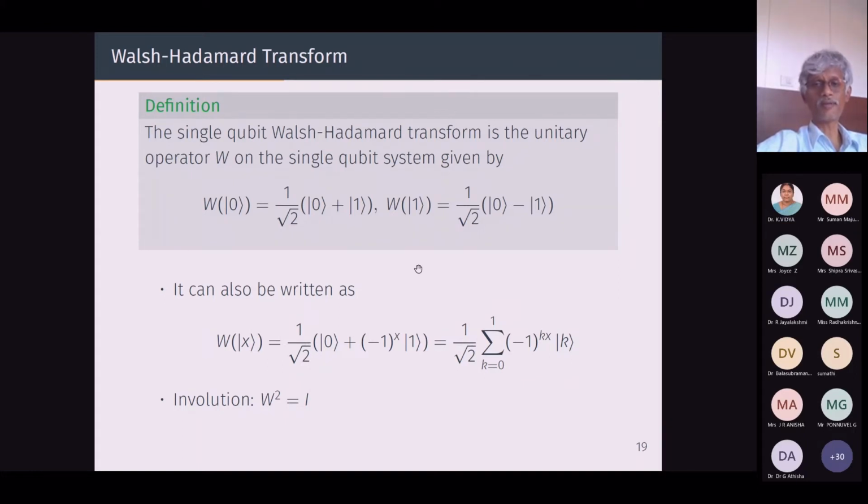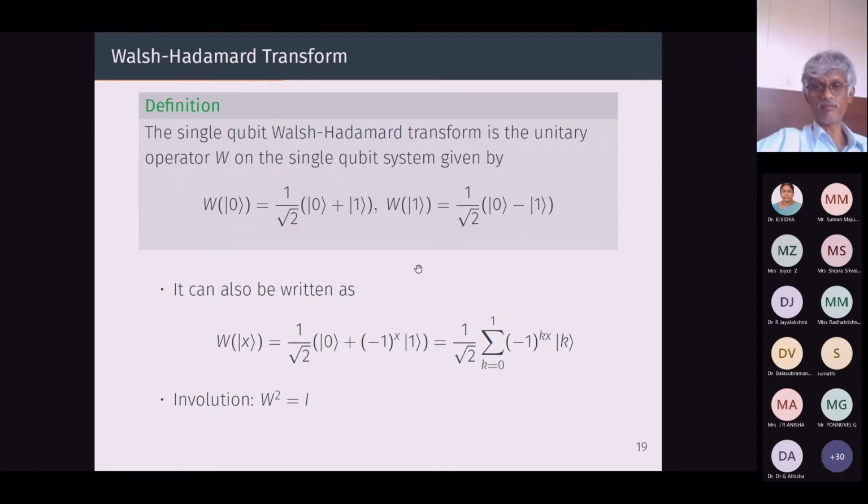So recall that ket of 0 was column 1 0 and ket of 1 is column 0 1. So ket of 0 minus ket of 1 is 1 minus 1 written as a column vector. So W of ket of 1 is 1 by square root of 2 times 1 minus 1 as a column vector. Okay, so